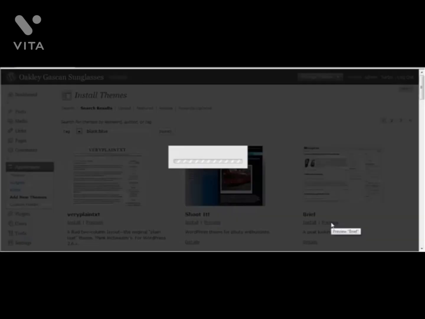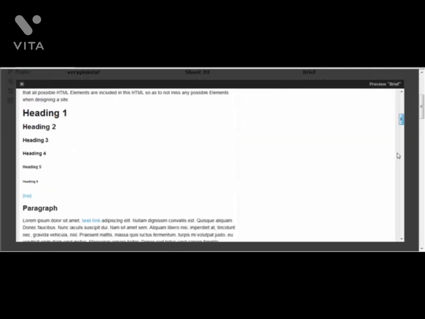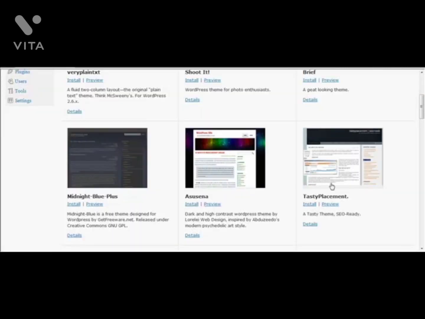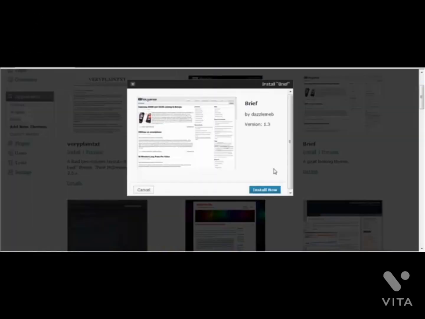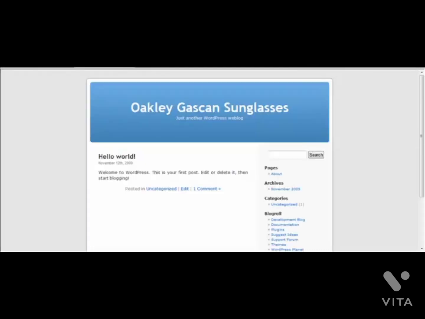So if you see a theme that you might like, just simply choose preview, and if that theme looks pretty good to you, just go ahead and come over here and choose that little X, and then you can actually just come right up here and choose install, and then go ahead and select install now, and now you can come right back to your website, refresh it,